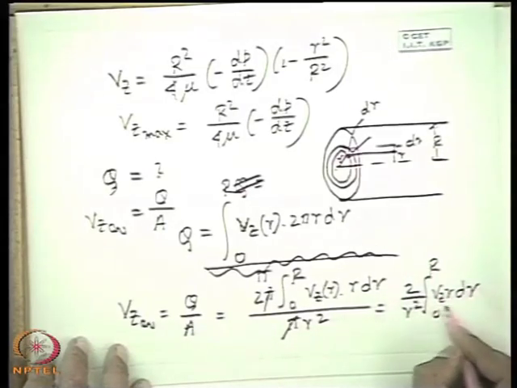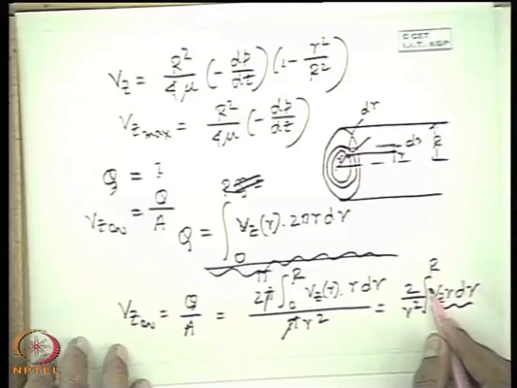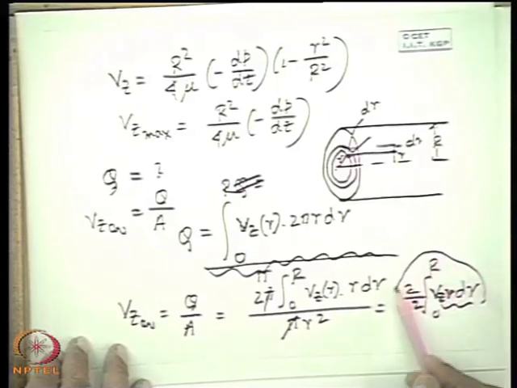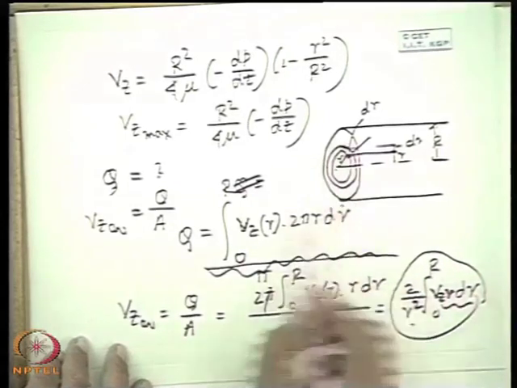So you see it is not a simple arithmetic mean, it is a weighted average, Vz into r dr, not Vz dr times 2 by R. This could have been the arithmetic average. In this case, it is not an arithmetic average. Another typical weighted average, 2 by R square Vz r dr. So how do you know that this type of average will be there? This depends upon the geometry.